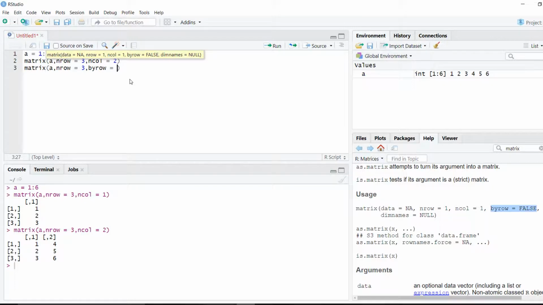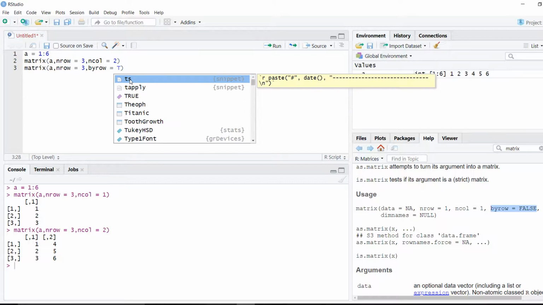Now whenever we specify true or false, that is called a logical statement, whether it is true or whether it is false. So either you will write it in full caps, that is TRUE, or you can just specify capital T, that is good enough. So capital T, capital F, that is good enough, or write full TRUE or FALSE in capital letters.